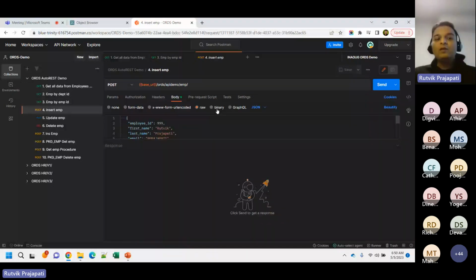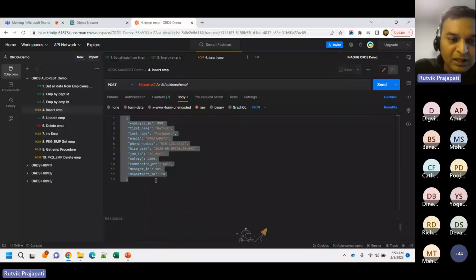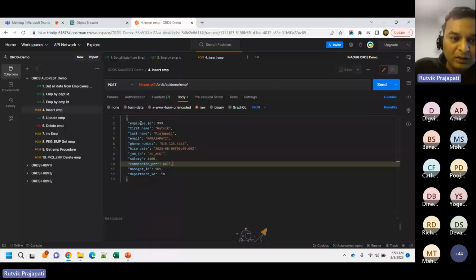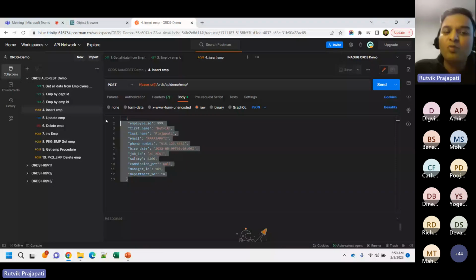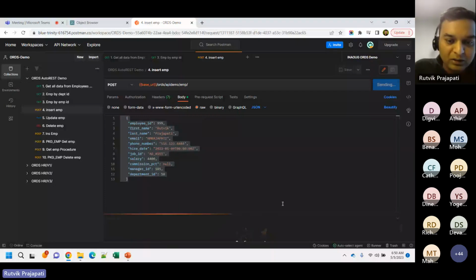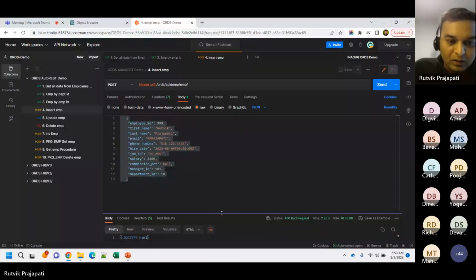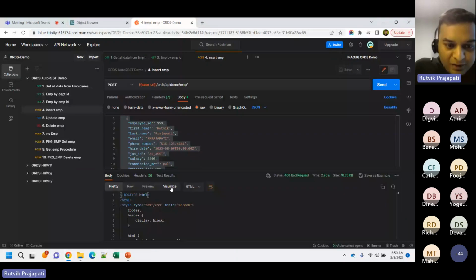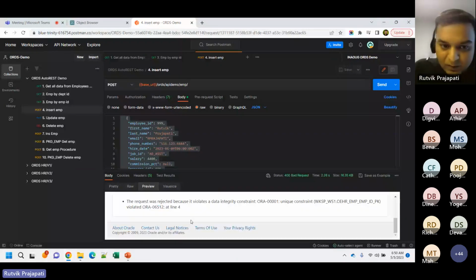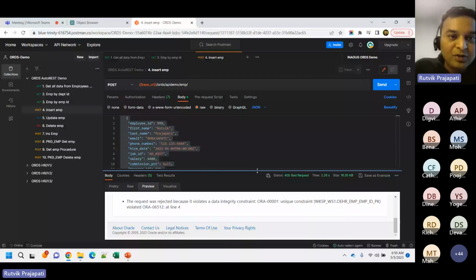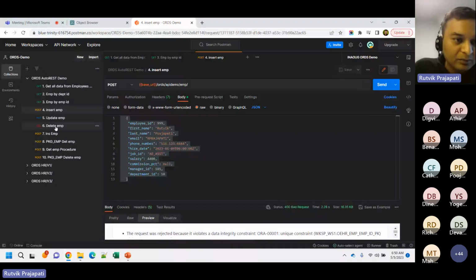To insert the record, we need to use the POST method, and with the POST we need to provide the post body. So here I provided the JSON body, and you need to provide the same JSON element as your table name, and ORDS automatically maps this. And when you send the request, I get a 400 bad request because of primary key validation,